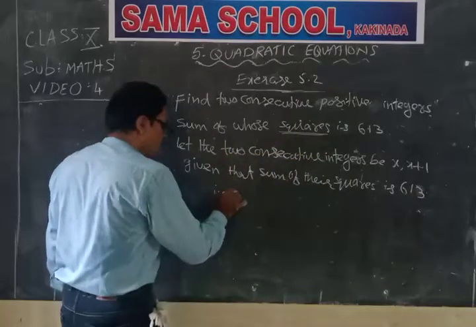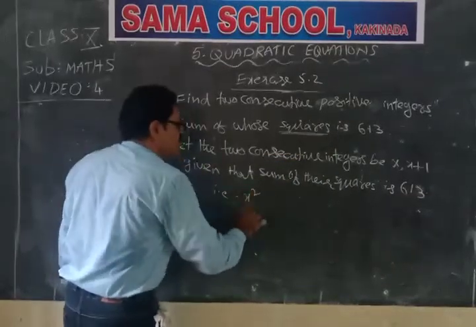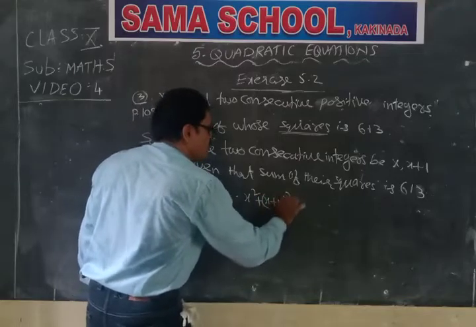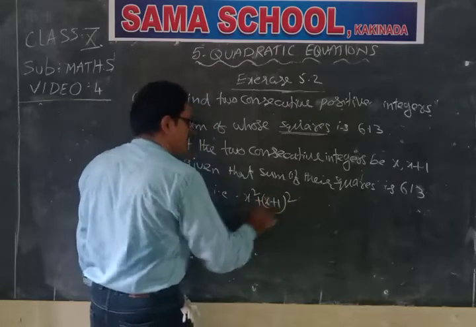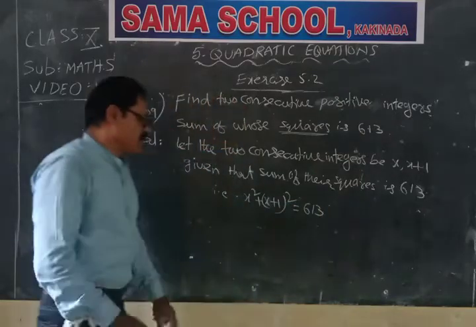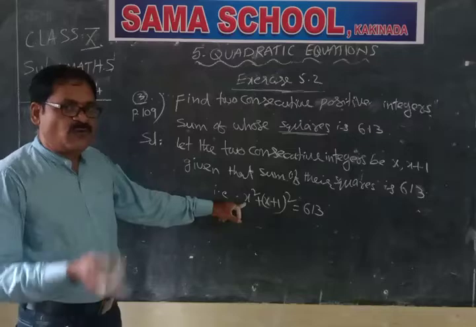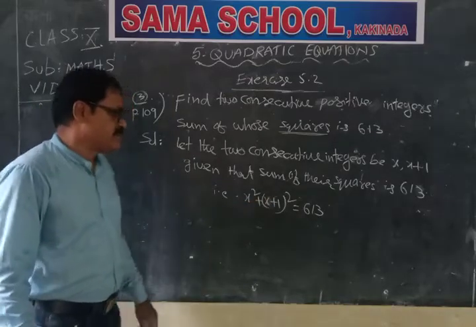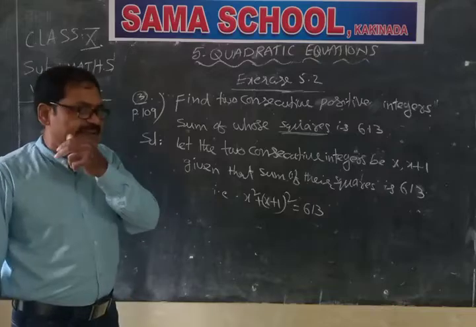That is x square plus (x plus 1) whole square is equal to 613. Sum of whose squares, x square plus (x plus 1) whole square is equal to 613. Now,